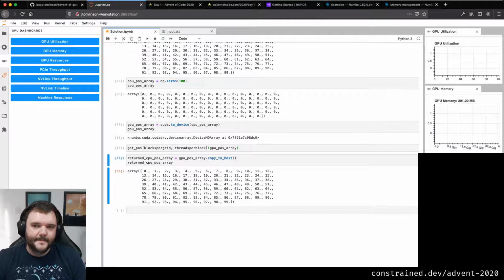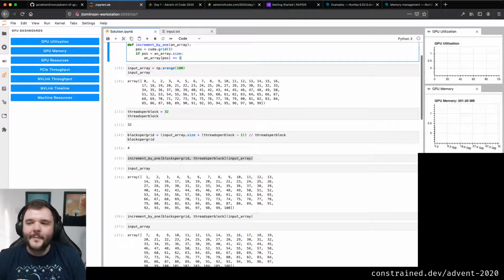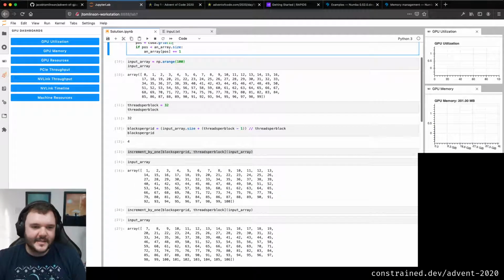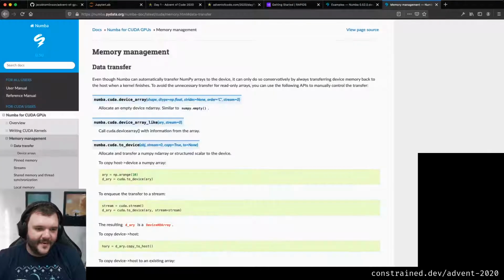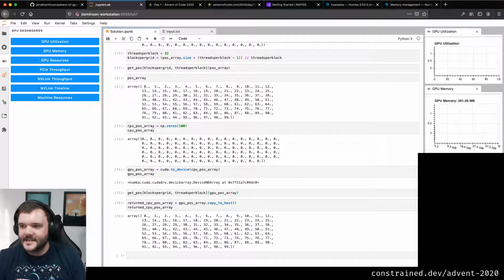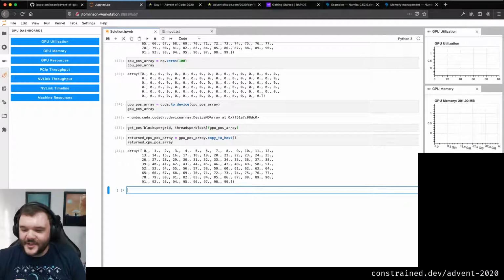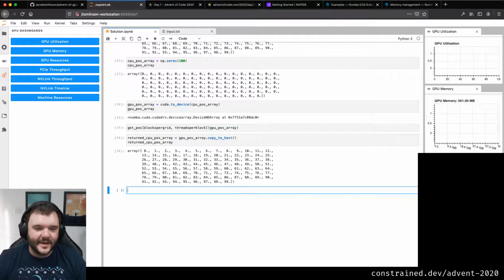So I think for now, for most of this Advent of Code stuff, I'm maybe just not going to bother doing memory management and just rely on Numba to do this for me. Maybe things will get more complex, I don't know. But I feel like we've gone off down a jolly exciting CUDA 101 lesson here, which is kind of what I'm intending to do, right? I want to refresh this in my own memory, and I also want to play around, but we should probably actually think about writing some code now that I can remember how to write some code.